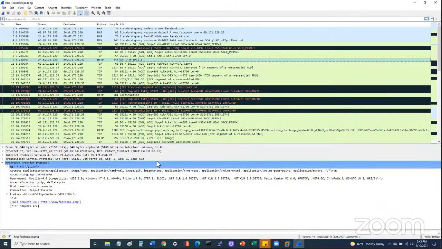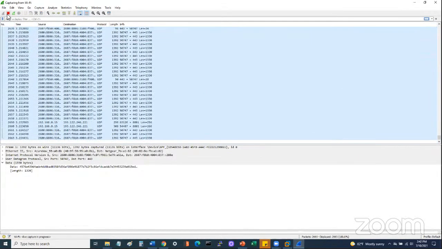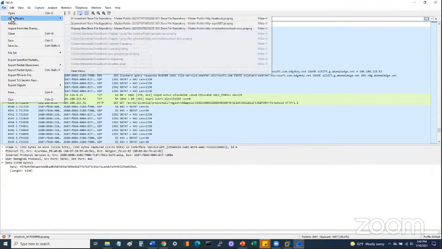It's not like I just typed in www.facebook. That is the difference between a live capture, which we would use a capture filter for, like going to the front page of Wireshark and capturing information, versus me just opening up a saved file.